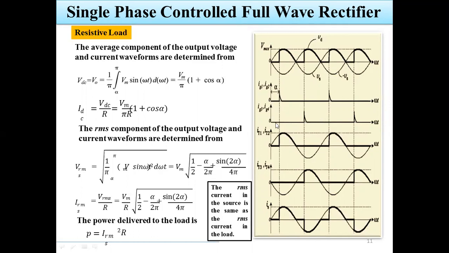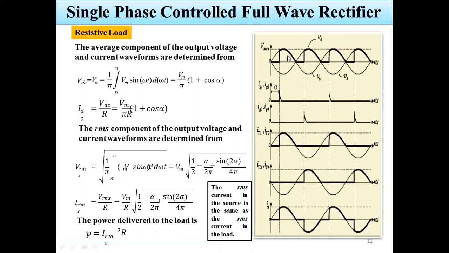Okay, for a resistive load, the output waveforms apply for both the positive and the negative half cycles. But what about the negative half cycle? It is not going towards the negative; it should be converted towards the positive with respect to the thyristors, sorry, switches T3 and T4. With a positive half cycle, T1 and T2 will be turned on. For a negative half cycle, T3 and T4 will be turned on. Here it is simultaneous switching on of the thyristors T1, T2 and T3, T4.